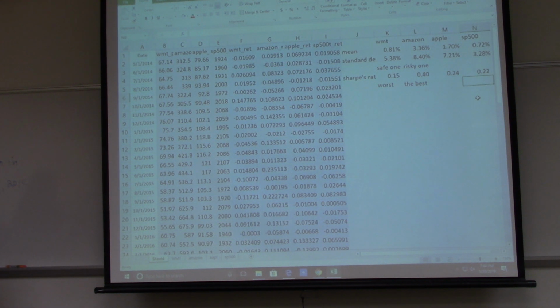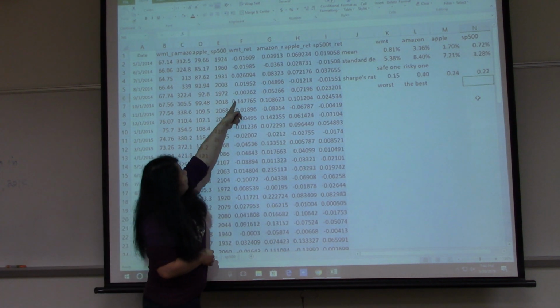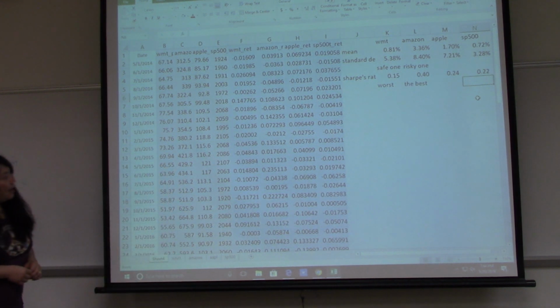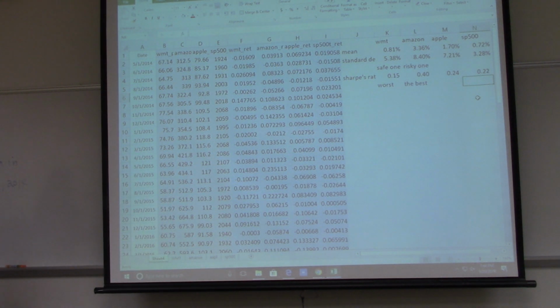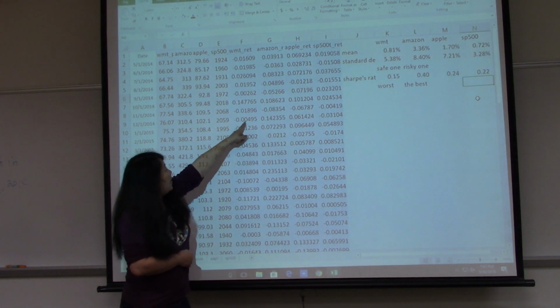Now let's make a guess. Walmart and Amazon, Walmart and Apple. Walmart is more closely related to which stock, Amazon or Apple? You can look at the return. If you see Walmart goes down and Amazon goes down, but Apple goes up, then based on that, I'll say Walmart is more related to Amazon. Walmart is less related to Apple. It's just the return of Walmart goes up, Amazon